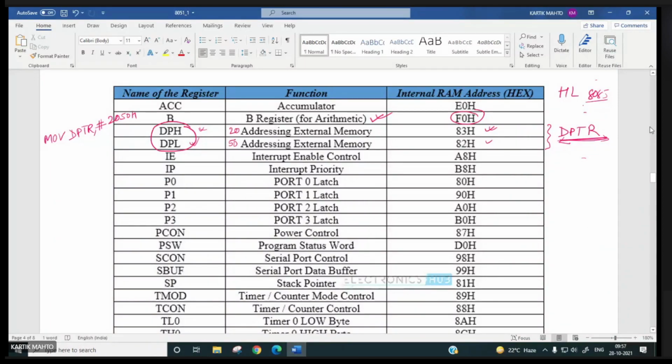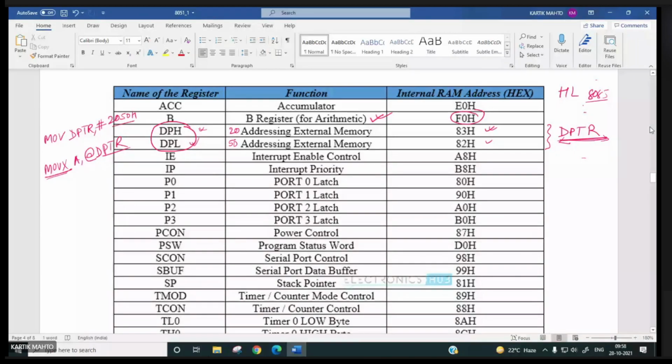Now if you write the next instruction, MOVX A, @DPTR, what exactly will it do? It will send the address 2050H outside the microcontroller via port 0 and port 2 pins.